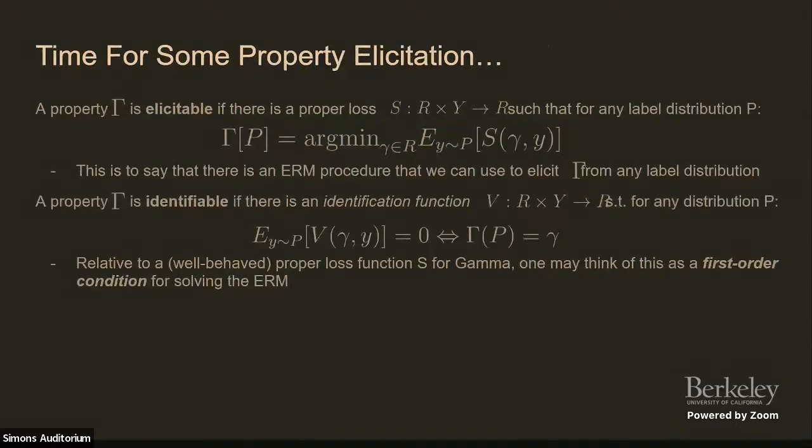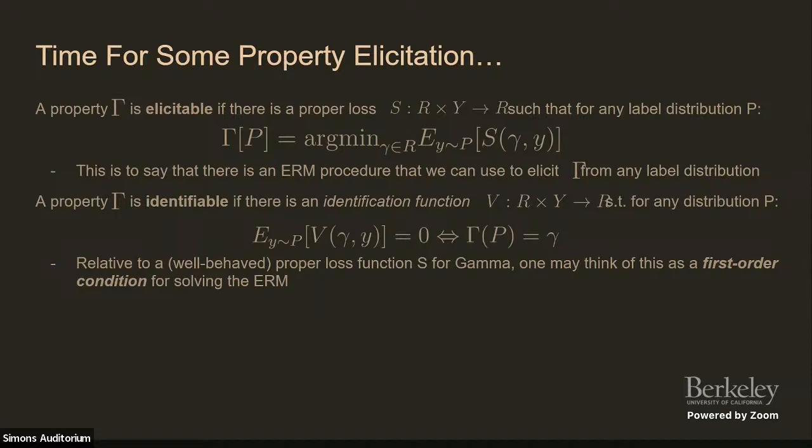But now let's actually turn to property elicitation. This is the central notion that I have in the title of my talk, so I better explain what that means. So a property gamma is elicitable if there's a loss function called a proper loss, proper for this specific property, not proper in general, such that